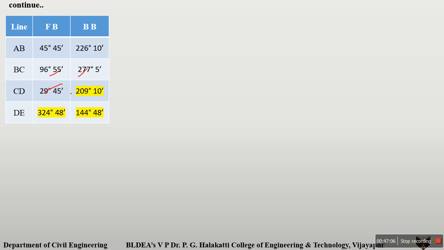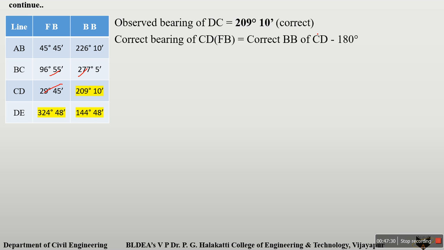By using this one you can calculate the fore bearing of CD. Okay, so we just have to write one sentence here, that is like this: observed bearing of DC is equal to 209 degree 10 minutes. So you can write, in brackets, this bearing is correct. Now you can calculate the fore bearing of CD, or correct bearing of CD is equal to,